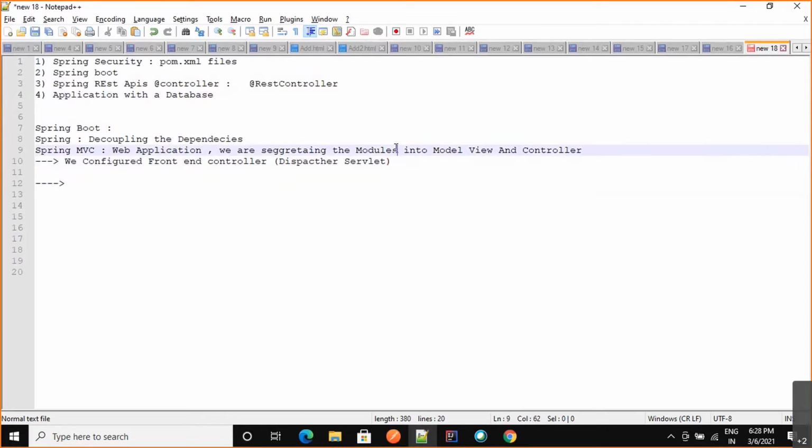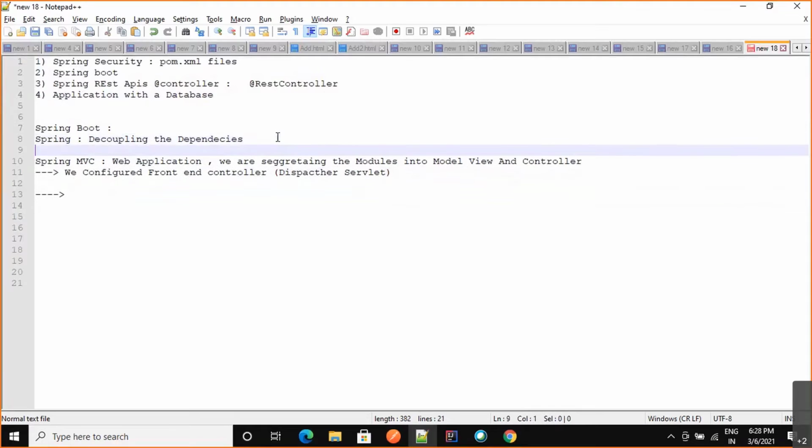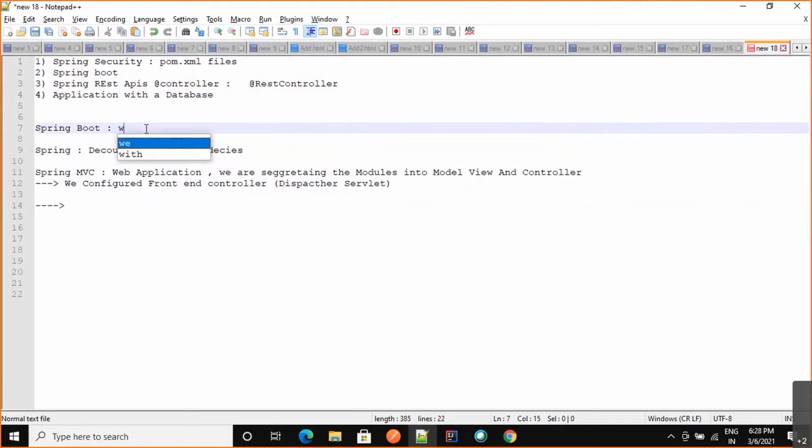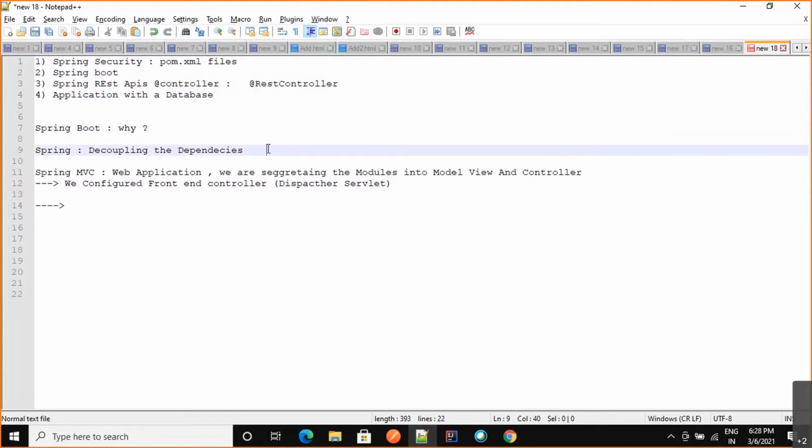We just created a front controller and extended the abstract annotation request class. Now everything has been achieved with these two concepts: we are decoupling using dependency injection and the IOC container.